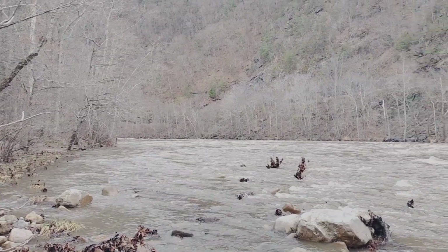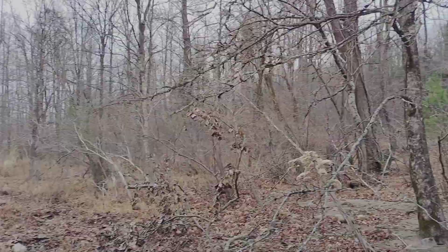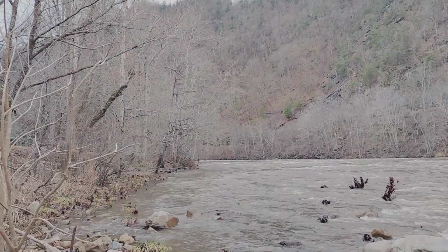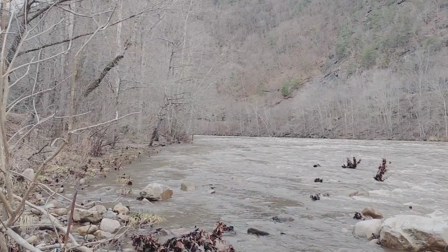Picking up part 2 from where we left off in part 1. On a flooded Nolichuckey River, the banks were going all the way up to those trees back there when they're usually all the way down there. And washed away a bunch of trash underneath the bridges and party spots. So we're adventuring along the river today, seeing what the high water has brought us and changed, and picking up